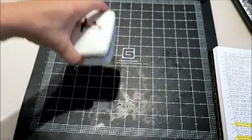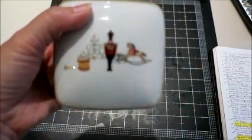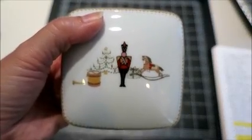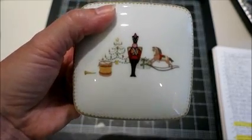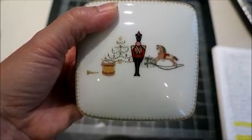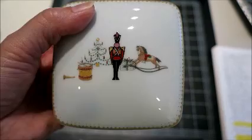And then the last thing I found that I was also really excited about was this little trinket box. Saw it in the Christmas stuff, and at first I was like, we'll see. Sometimes you can't tell with boxes. You look at them and you think they're nice, and then you turn them over and you realize it's some piece of garbage from the dollar store, and you're like, ugh. But I saw the design on it, and I thought, it looks really delicate. It looks nice. And then I turned it over, and it says,